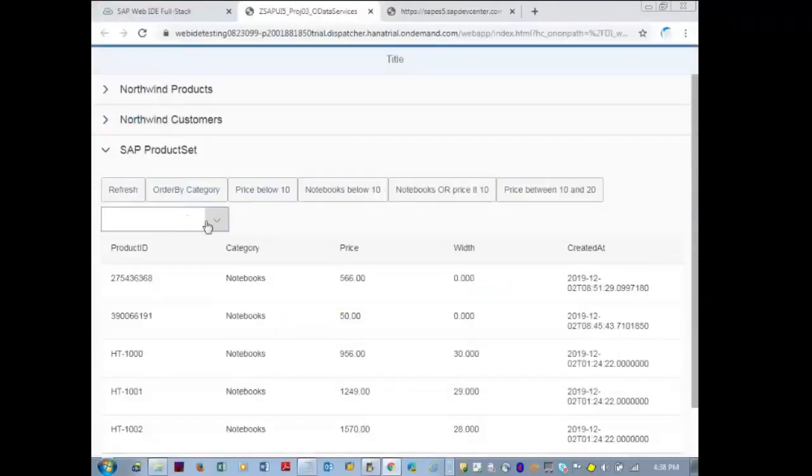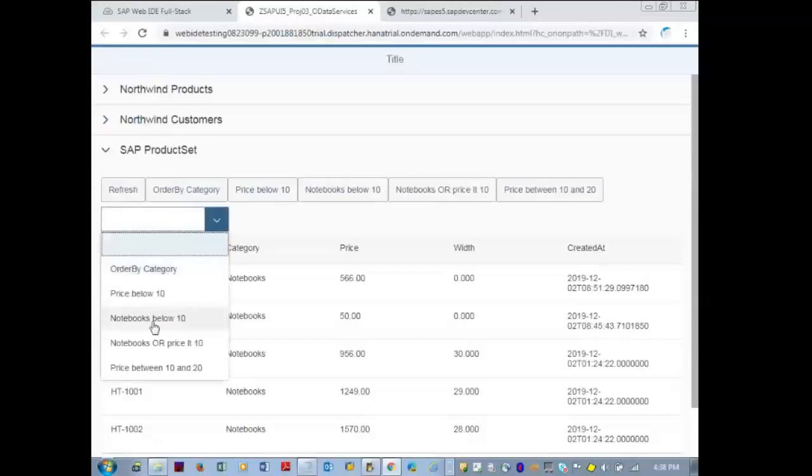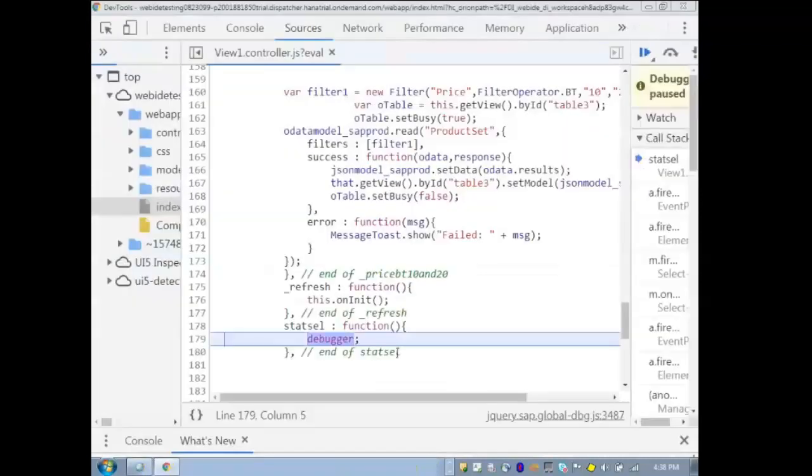So if I change this one, the function gets activated and hits the debugger. Let me click on this and select notebooks below 10. What key is captured? We have to see that now. It enters the debugger console.